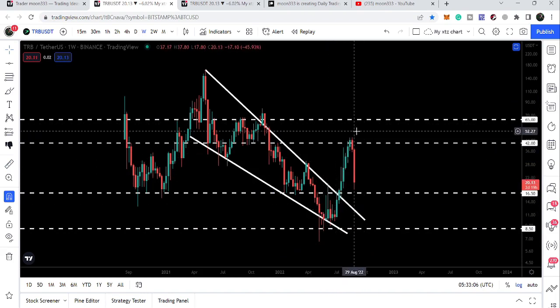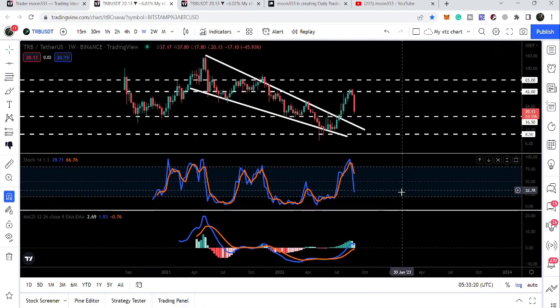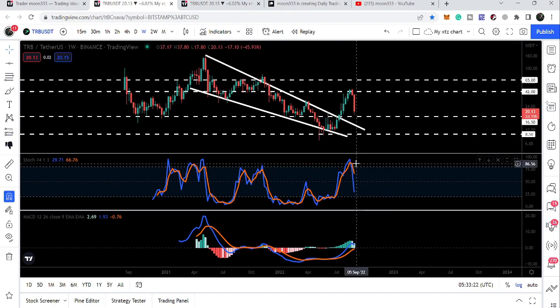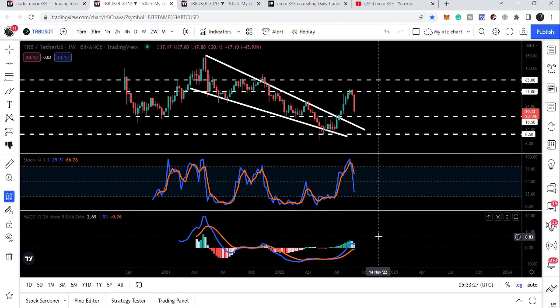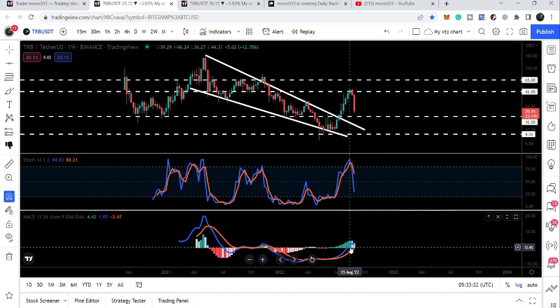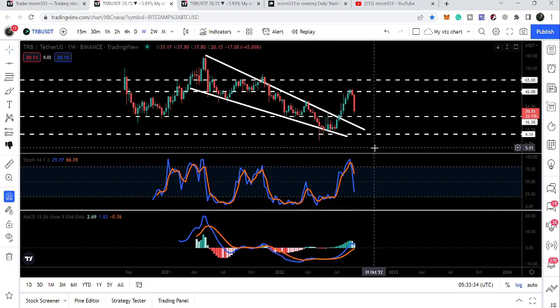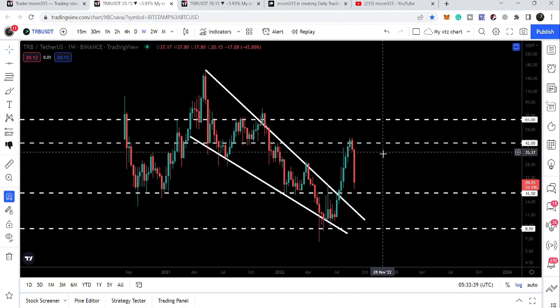Now you can see when it reached this resistance of $42, it was rejected, because previously this level has worked as a strong resistance for several weeks or months here, as a support here, and as a resistance here. Therefore, it worked again as a resistance, and stochastic was extremely oversold. But if we take a look at the MACD, that is not quite oversold. You can see it is not even able to cross up this histogram of MACD. Therefore, there is still a probability that after some price correction, we may start another reversal move from here.